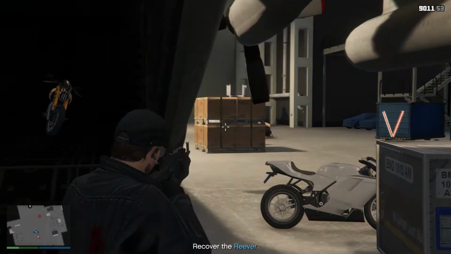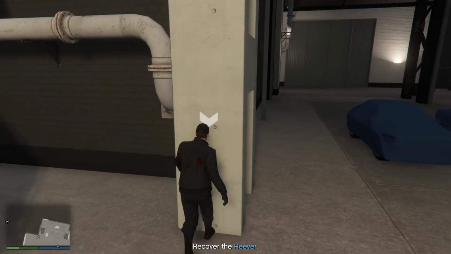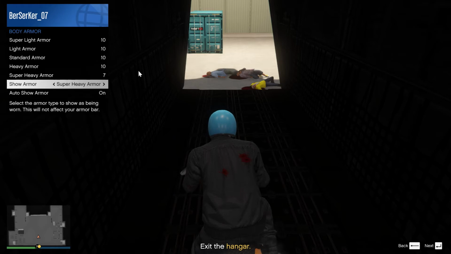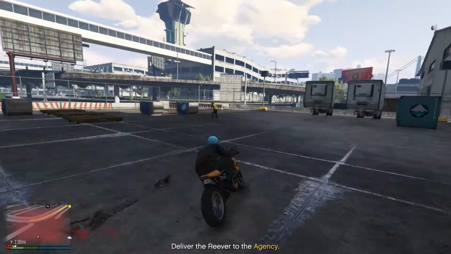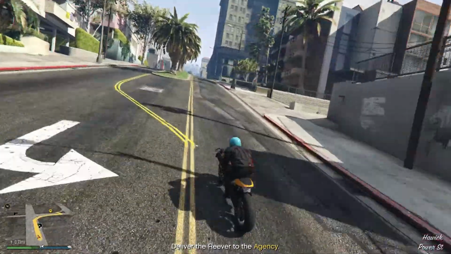Proceed to take everyone else out like I do, and then you want to make your way over to the button. Before you leave, you want to fully rack up on snacks and armor, as you will be exposed on the bike and they can deal heavy damage. Make your way out of the airport through these gates right here, and then drive the rest of the way